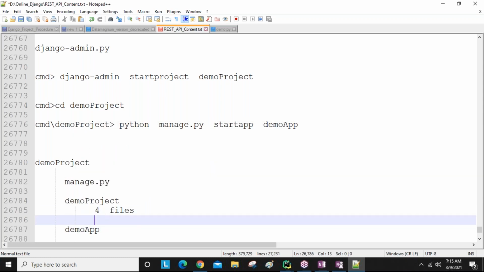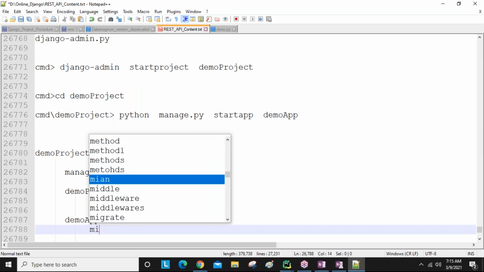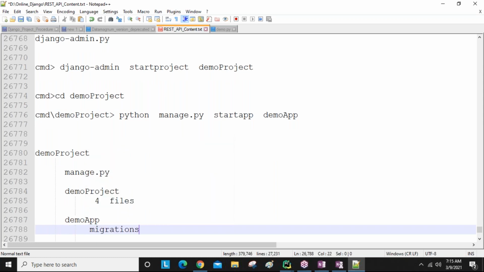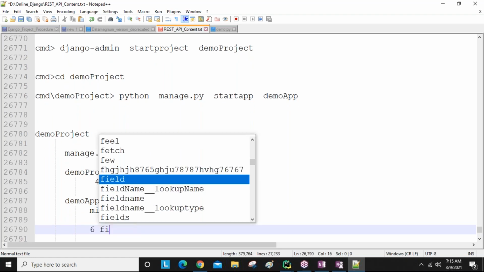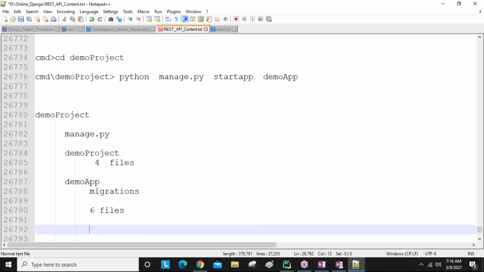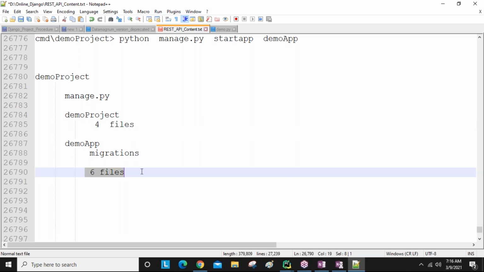Inside this folder you are going to get a migrations folder and 6 Python files. This is the project structure, and we are going to discuss what files are here and there slowly now.